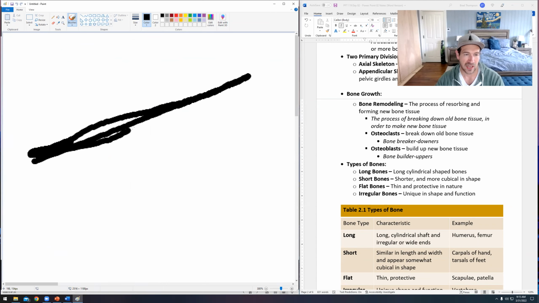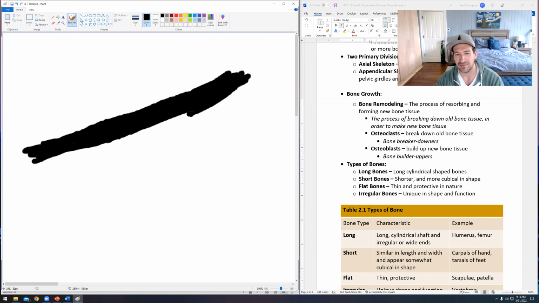It's this really thick material, but then all of a sudden it gets some type of imperfection in it, right? Maybe it's got this little hook right here, or maybe it's been damaged. What's going to end up happening is your osteoclasts are going to come along and shave all that off. And then they'll lay down new bone tissue, and it'll make it thicker and more resistant to damage in the future, right? So now we've got slightly more bone, because that's the process your body always takes,